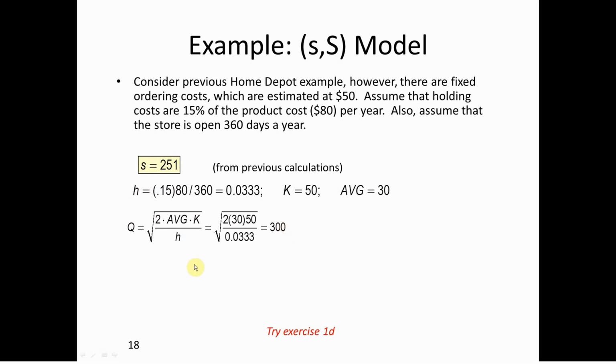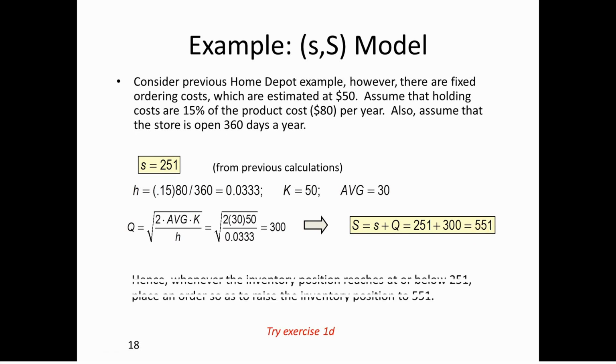So our big S stock level is going to be the base stock level 251 plus our EOQ, or 551, which seems like a lot, but that's how much we're going to want to have on hand. So we're going to make our inventory position